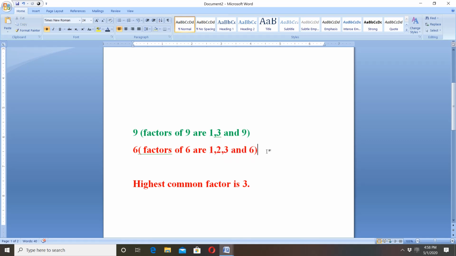The common factors are 1 and 3, but we have to go for the highest one, the highest common factor, and the highest common factor in both these numbers is 3. So HCF of 9 and 6 is 3, and from this we can conclude the highest common factor among two